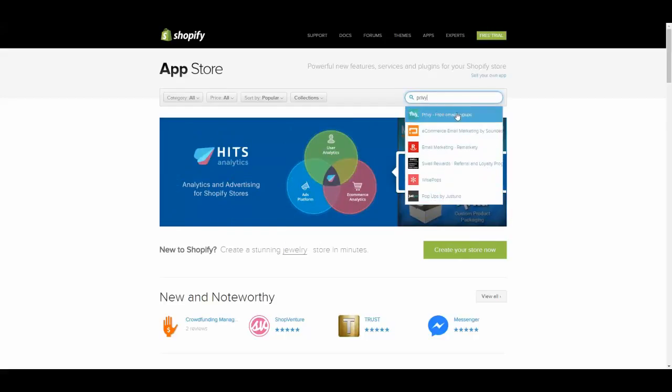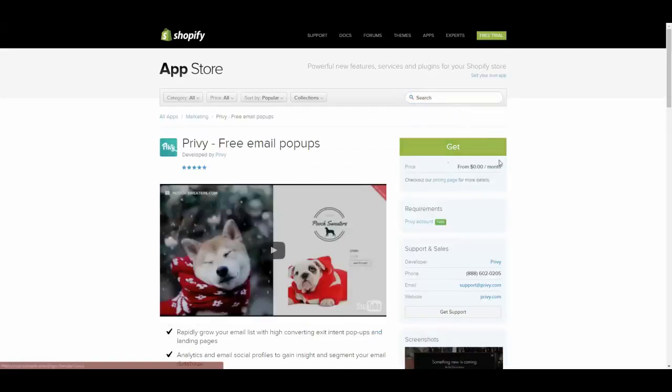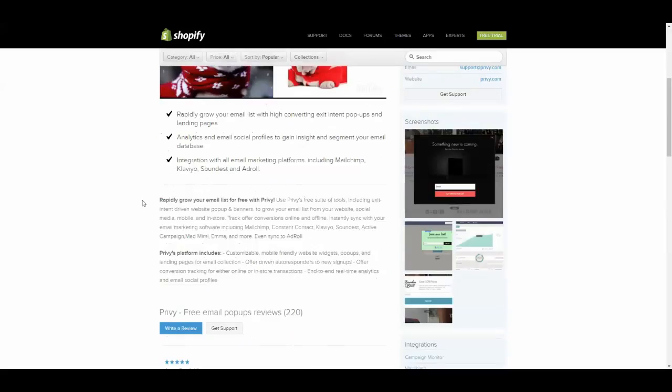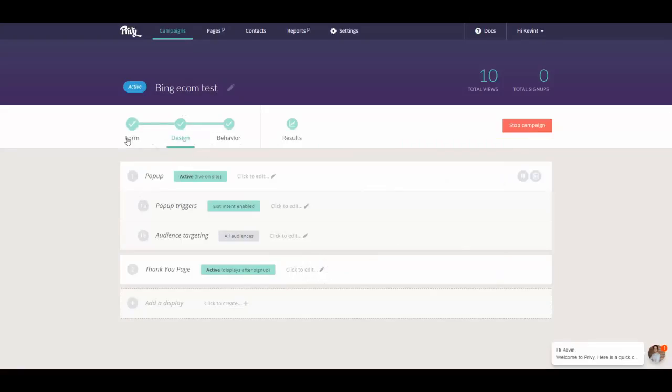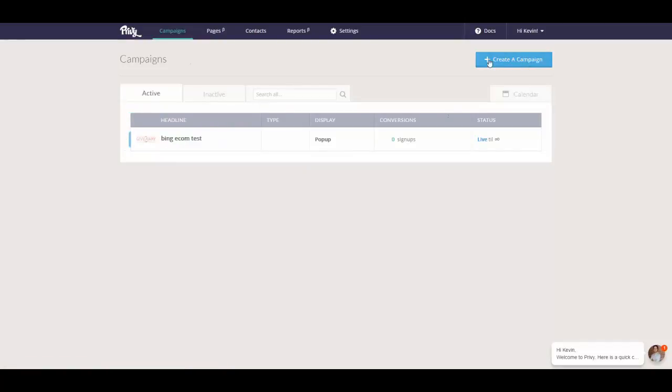That's right there. I already installed it, but it's free. Okay, I think they have different pricing structures. I'm not really sure, to be honest, but this one is free, and this allows you to have those pop-ups on your site. So you just click get, it'll install it on your site, and then you set up your first campaign. So you go to campaign over here, you click create campaign,